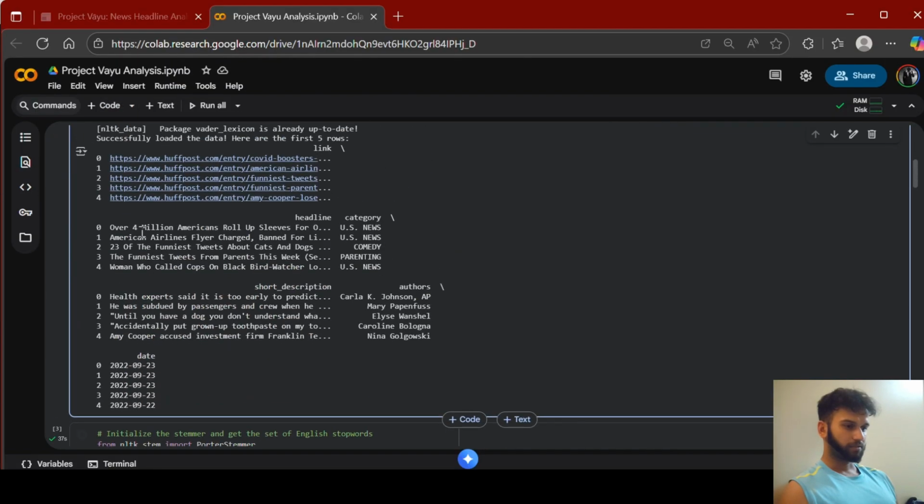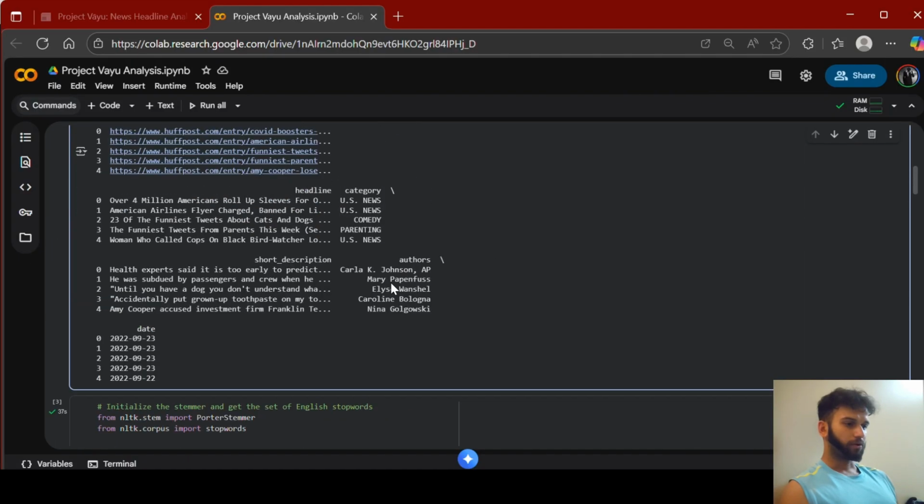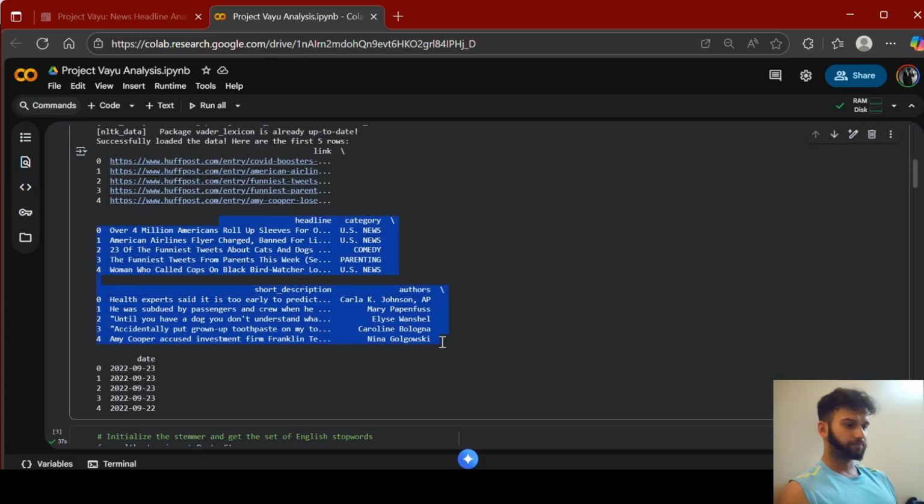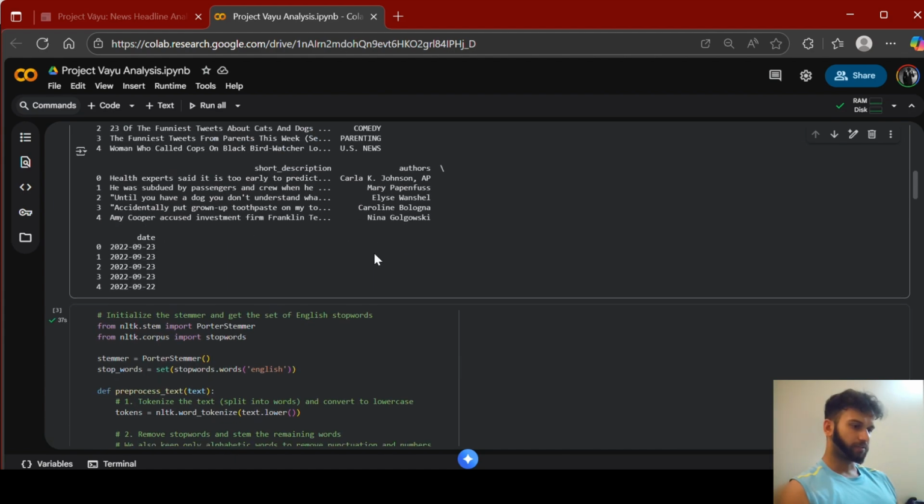So yeah, 37 seconds and all. So it's running. Okay. So first you will run it. Then your packages will be downloaded here, see, from the link and all, and then this will be your sample data set. Okay, so basically in that data set, the category of the data set is there, this is the serial number, this is the headline, let's say this headline which comes under comedy, along with the short description of the news and with the author and with the date. This is the data set you have here, the format of the data set, the structure of the data set.